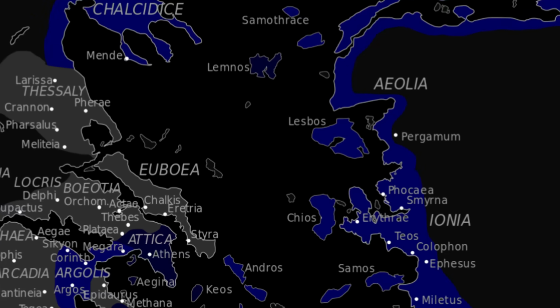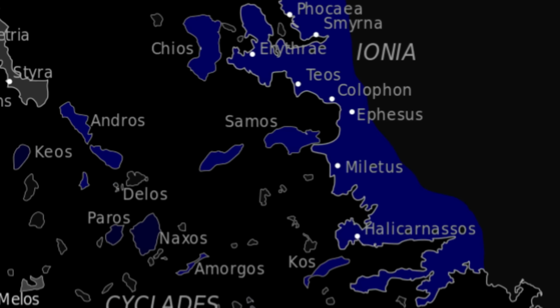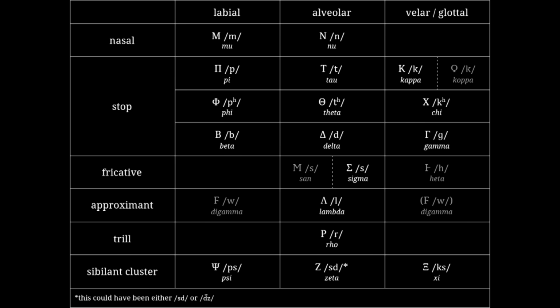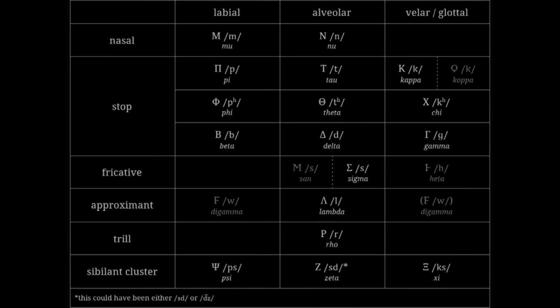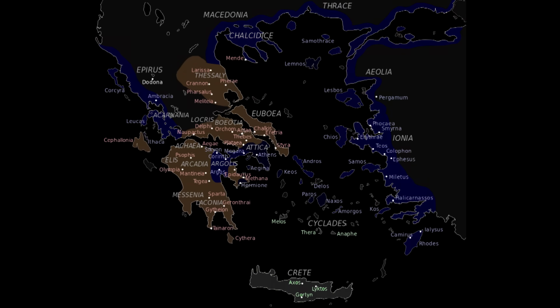you could certainly justify interpreting them in this way. This particular form of the archaic Greek alphabet was used in Ionia, and would go on to become the standard alphabet used throughout Greece to this day. However, this is not the version of the Greek alphabet that the Latin alphabet descends from. That alphabet was the one used in Western Greece,